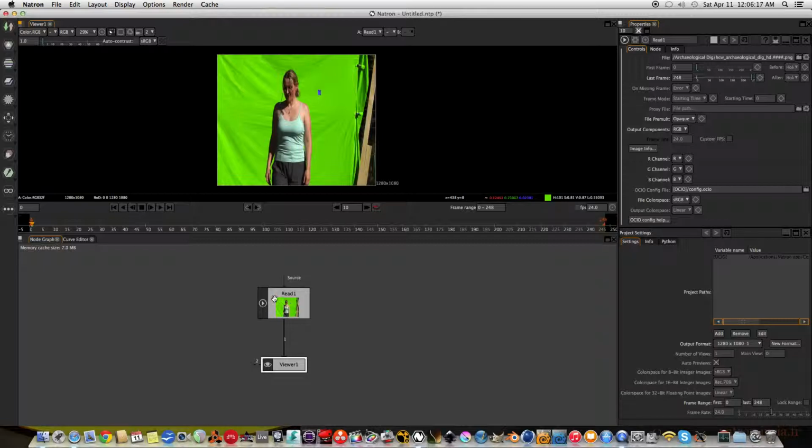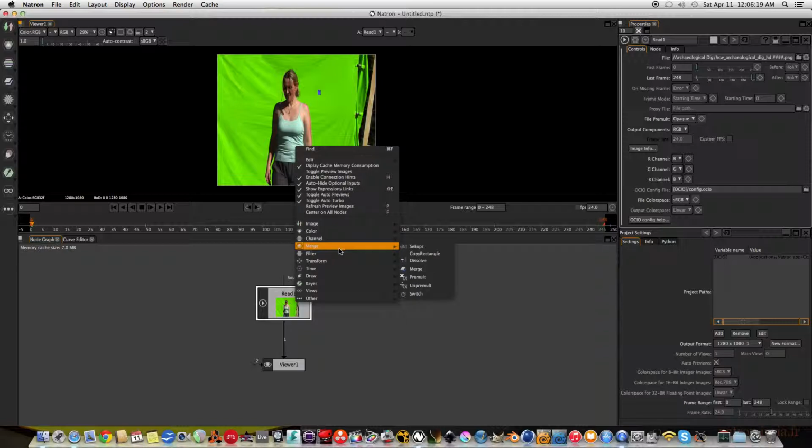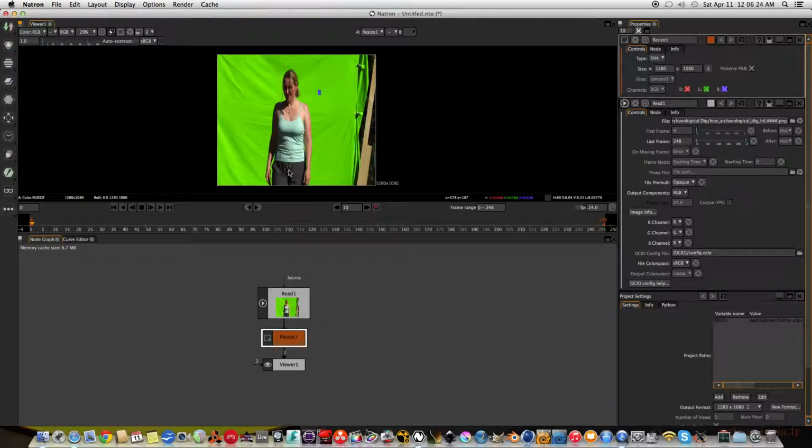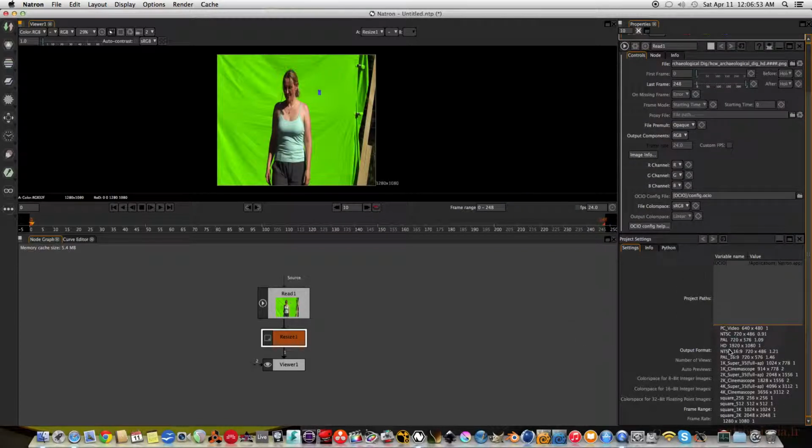Now, what I'm going to do first is put a resize node, because the resolution of this image is 1280 by 1080. That means it probably came off a tape, some DVCPRO 50 camera, whose maximum resolution was 1280 by 1080. So in order for us to get this file to its true aspect ratio for full HD, we have to change the project settings, which is down here, to HD,